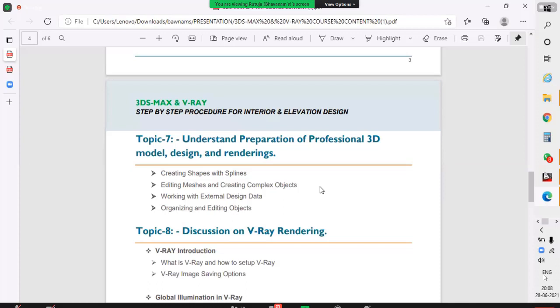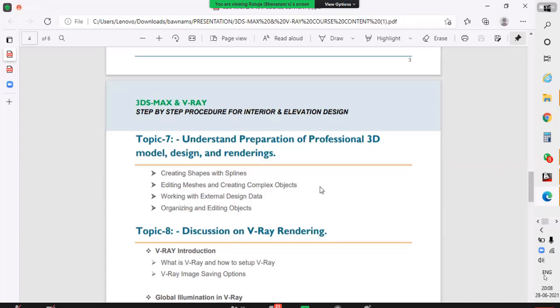Working on external design data. Okay, if you are seeing some exterior, there are complex objects. So how can we model it, or how can we draw it? We will discuss it in our classes. So the next point is organizing and editing objects. Okay, if you have a ready-made object, what are ready-made objects?